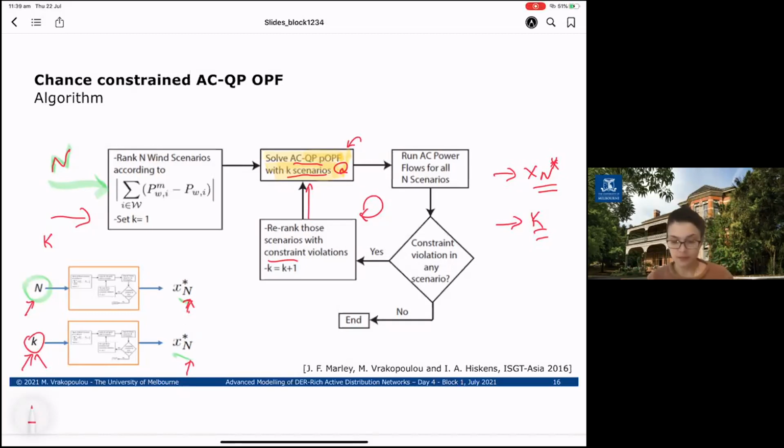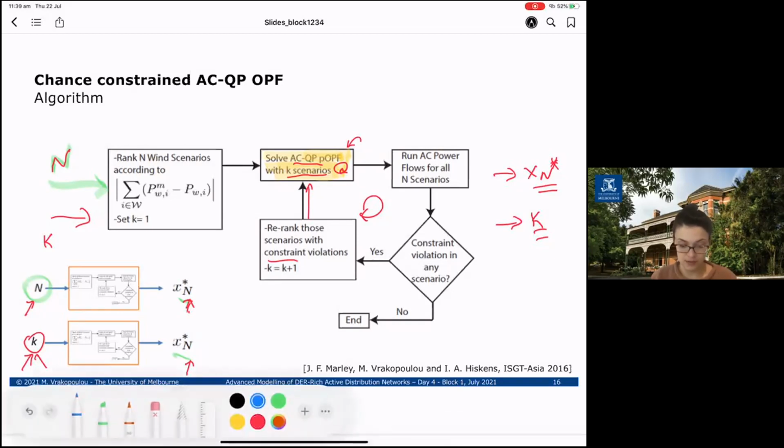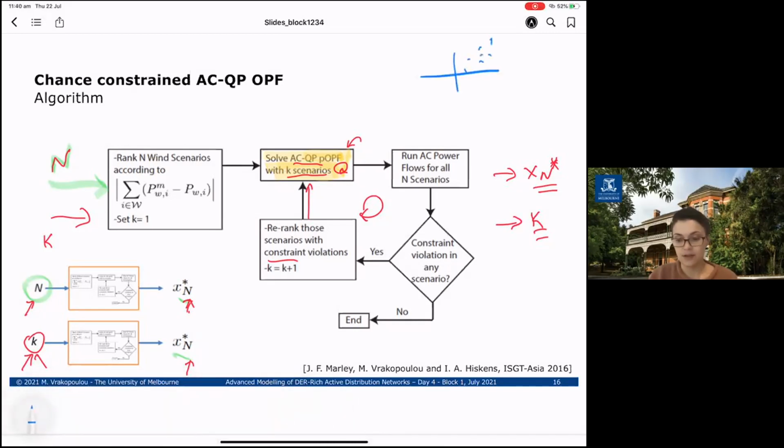And the trick would be if we could identify the smallest number of scenarios, k, that could result in this solution. So in the general case, the way that people proved it in the non-convex scenario optimization paper, they were just saying that in order to reduce the number of k, you can use whatever method you like. So for example, if you have a problem with n number of scenarios included and you get this xn star, you may